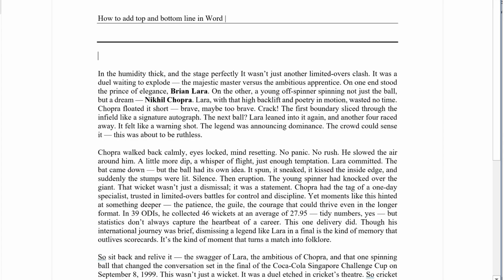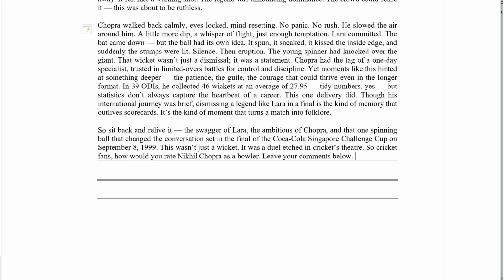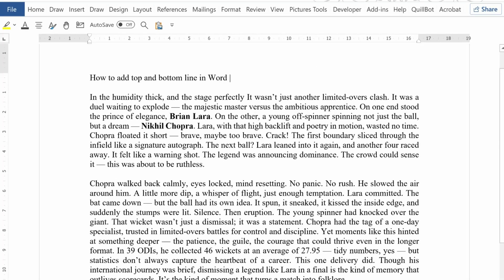And if you want a double line, then 3 equal signs and hit enter. And if you want to insert dotted line, then press 3 asterisks and hit enter. So this was the first method. Let me undo that. In the second method, if you want lines specifically above and below a certain paragraph or